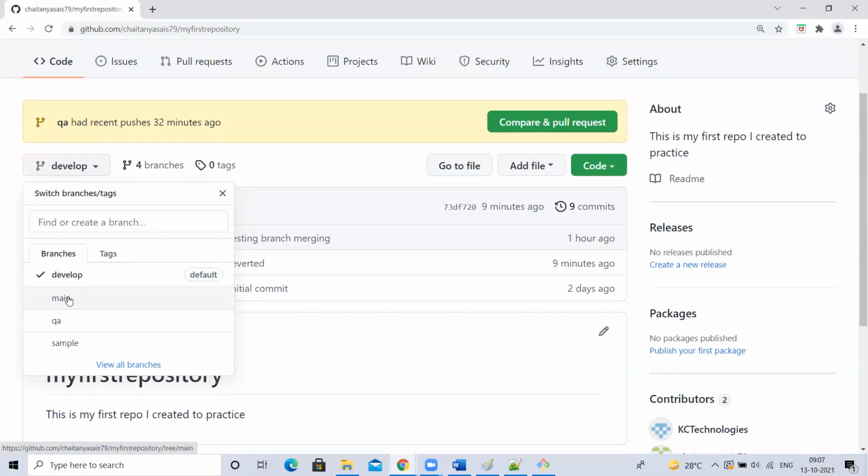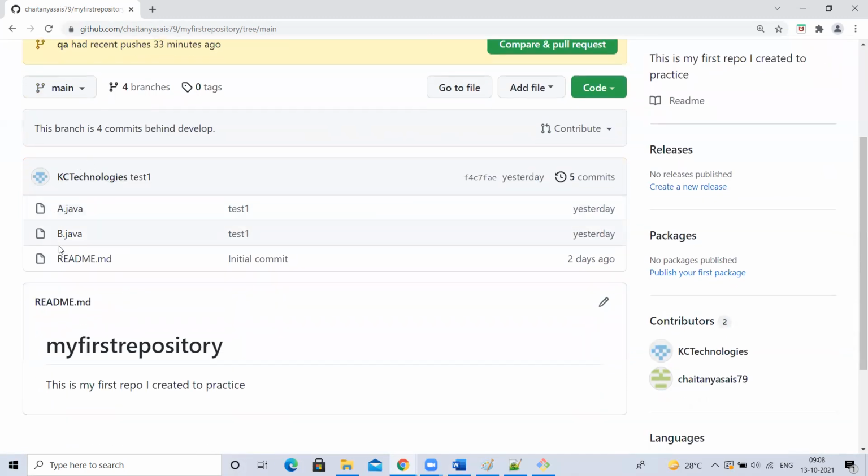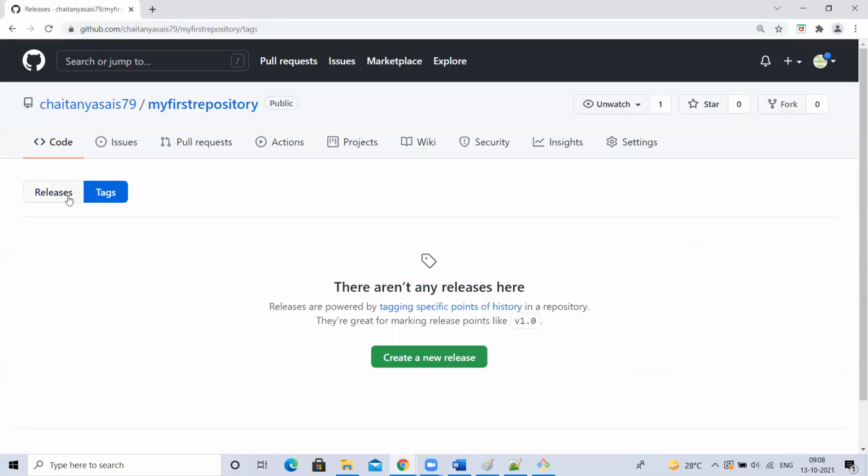For example, this is my main branch, which I use for production. I want to take a backup of this. How to take backup of this is, we can take using tags or releases. We can take either tags or releases. See here, I want to take a backup for this main branch. So here, there are total 5 commits. For these 5 commits, I want to take a backup. So you can go here, tags or releases.